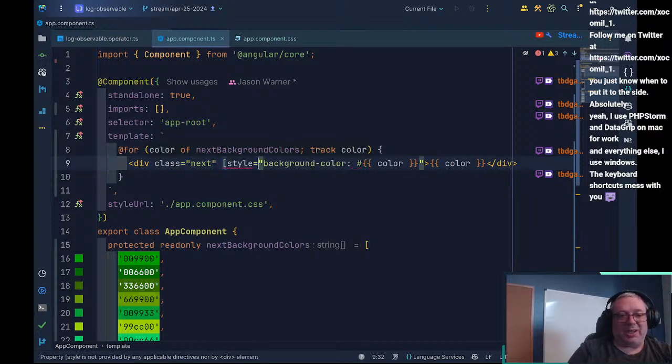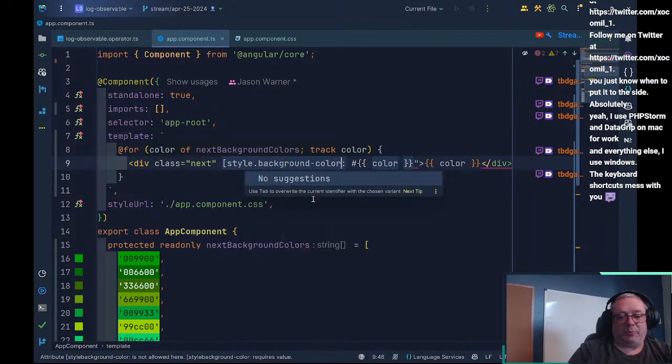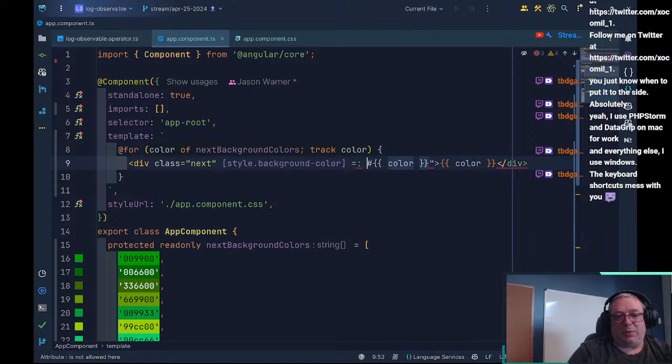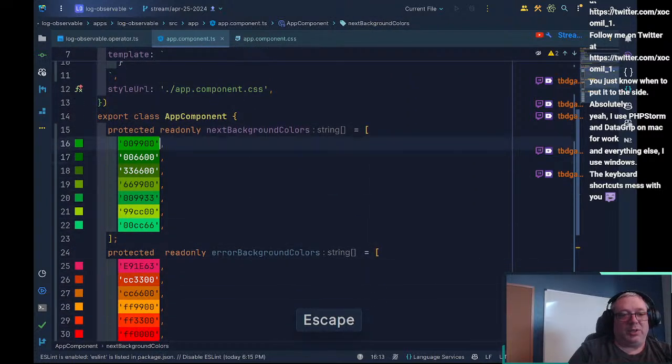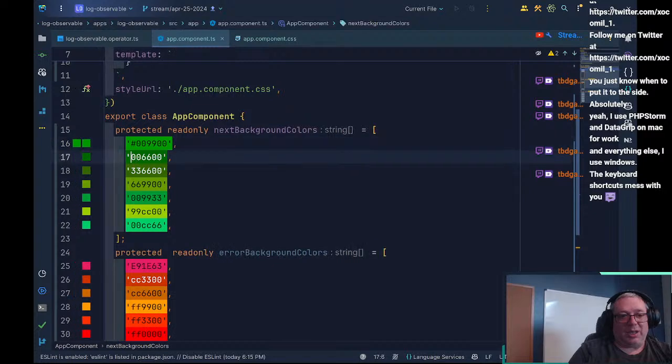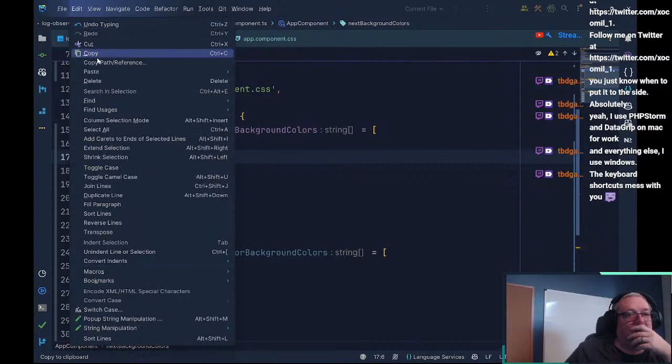So we can go this style dot background color, and that will equal, boom, and here say boom, and we're just going to put color in here. To do that, all we need to do is just add a hash here. You need to remember, go into edit and right,